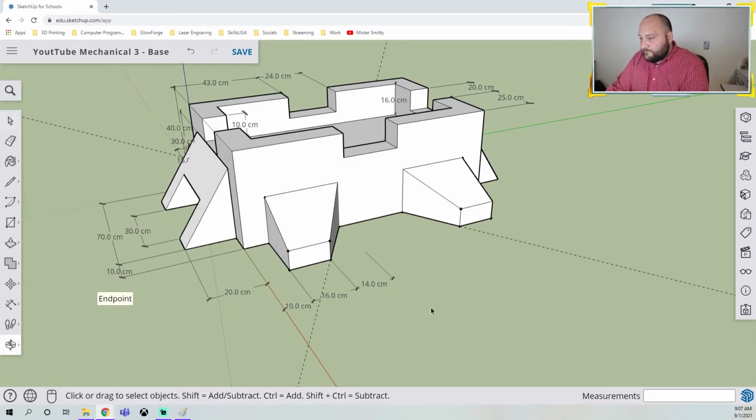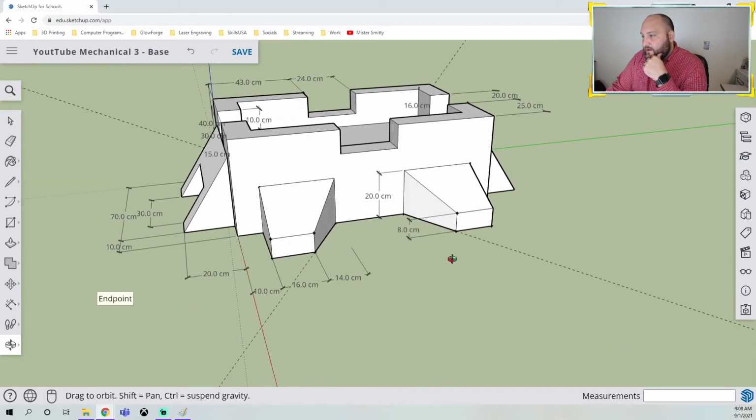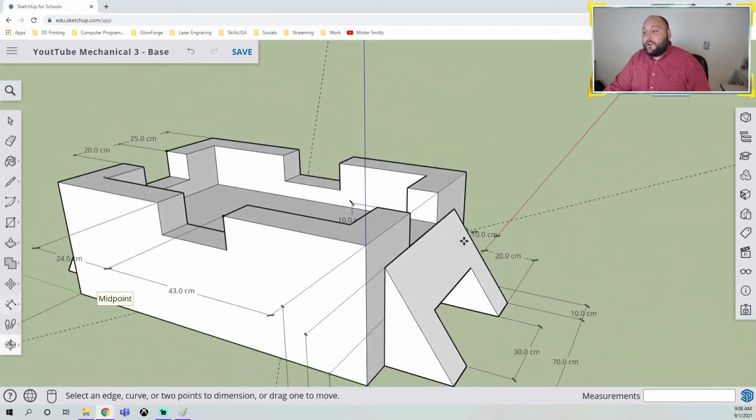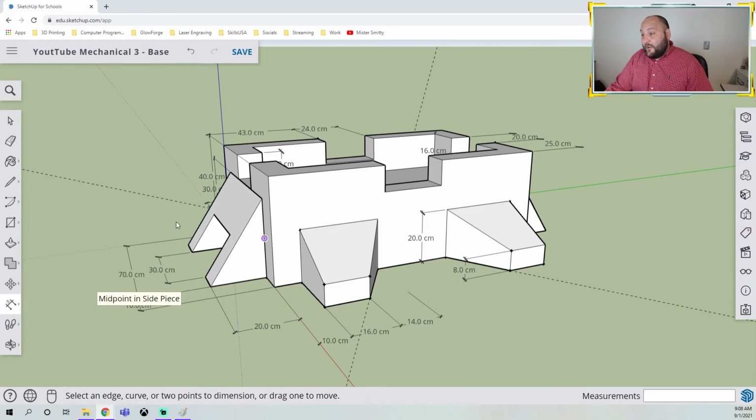All right, so we need to get the height. So the height was 20, and the height was 8, and I think that's it. All right, so we can do the same thing. You can go to this side and redo that whole process. It's not going to be the fastest process, but you can do it. Or